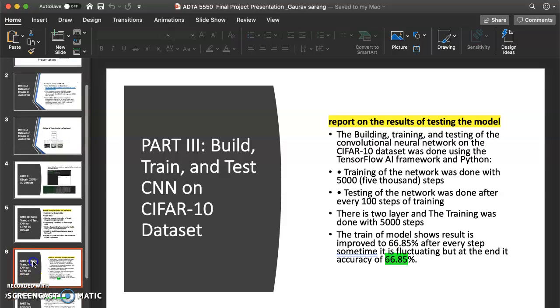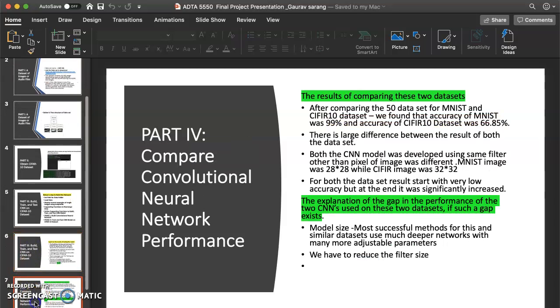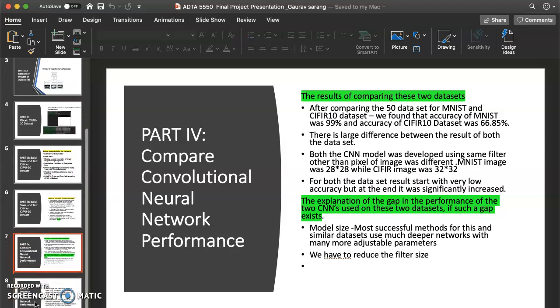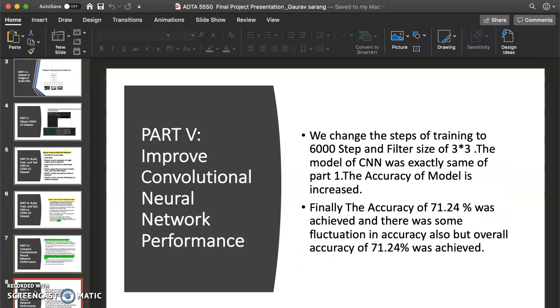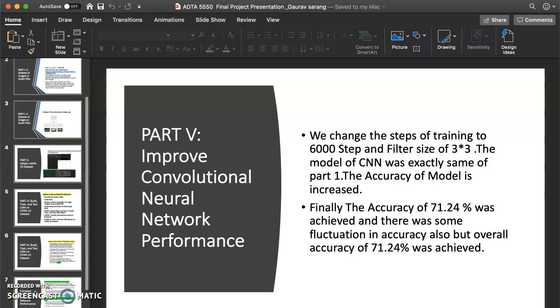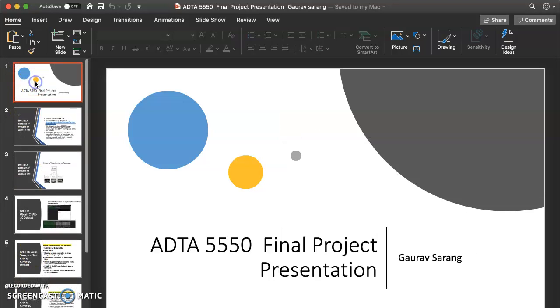Then the fourth part was we have to compare the CNN network performance between the MNIST dataset and CIFAR dataset. And the last part was how we can improve the CNN network performance. So let me go one by one.